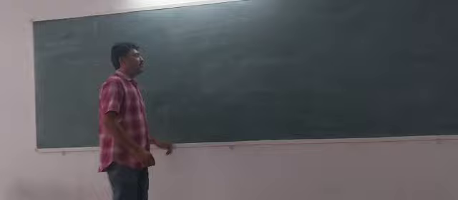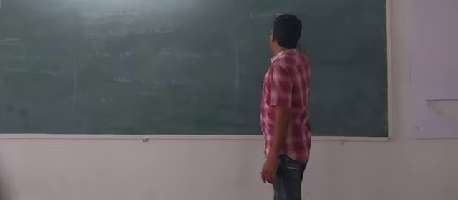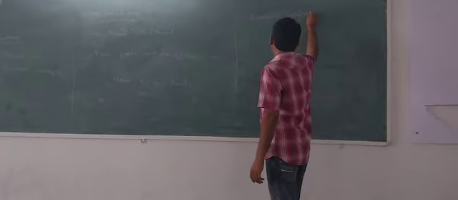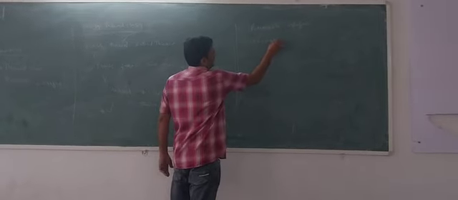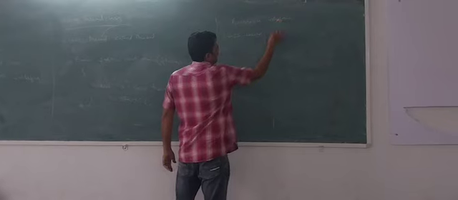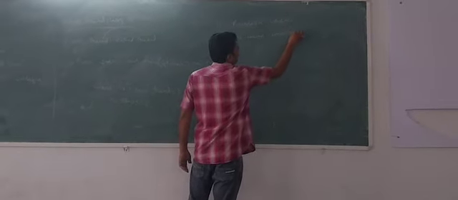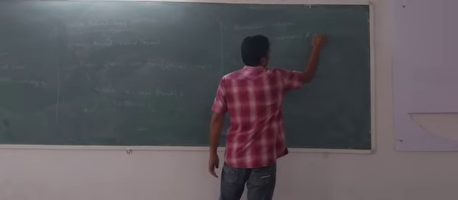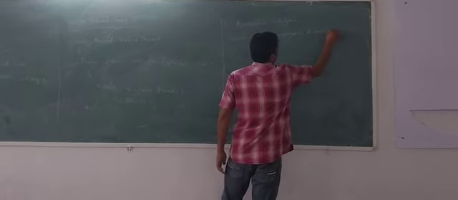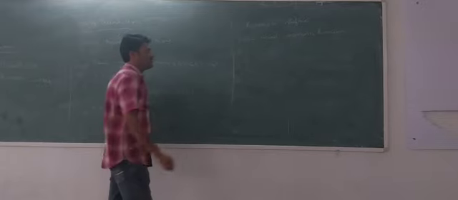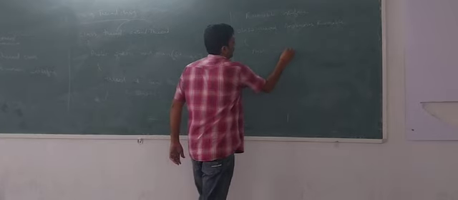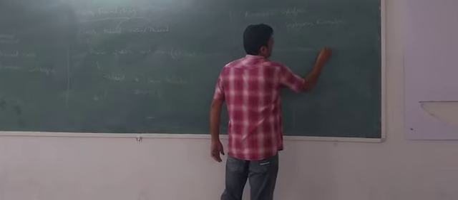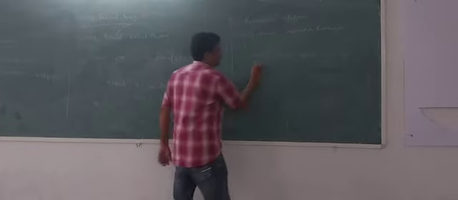The next method is that we can create the thread using the Runnable interface also. How to create the thread using the Runnable interface? As it is an interface, we use the keyword implements. Implements Runnable interface. Here I am again using public static void main. So what am I doing here?